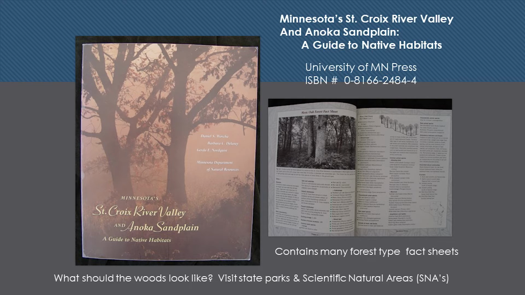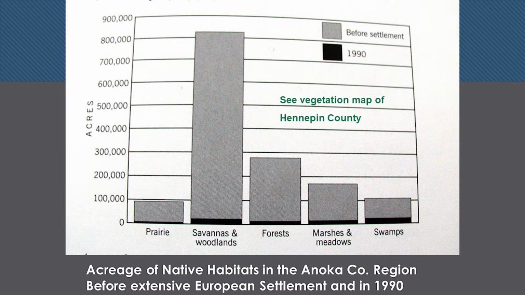And in his book, he encompasses these different five habitat types that are in Anoka. So in the Anoka County Sandplain, I'm surprised, not very much prairie, but guess what? It's savanna and woodlands. So savanna is basically a prairie with scattered trees. And that was the most dominant type of habitat in Anoka County. They had some forests, they have marshes and meadows and swamps, and they all interconnect, and you know that because you see that when you're driving around the city of Minnetonka.